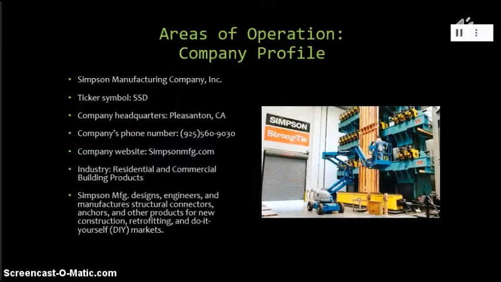Areas of operation, company profile. For Globex's assessment, we chose the firm Simpson Manufacturing Company Incorporated. They can be found on the stock market under the ticker symbol SSD. Their company is currently headquartered in Pleasanton, California. The company can be found on the internet under the website simpsonmfg.com. They currently operate under the residential and commercial building products industry. In this industry, they manufacture, design, and engineer structural connectors, anchors, and other products for new construction, retrofitting, and